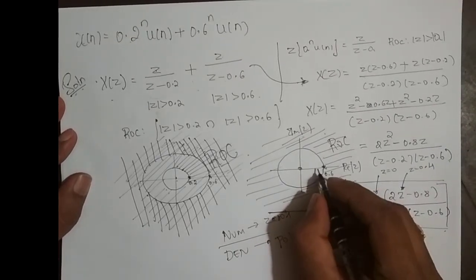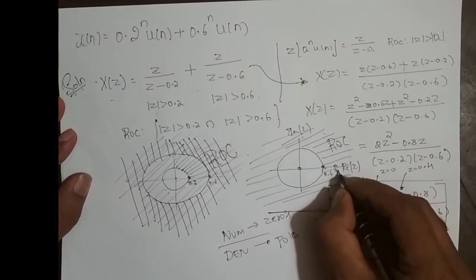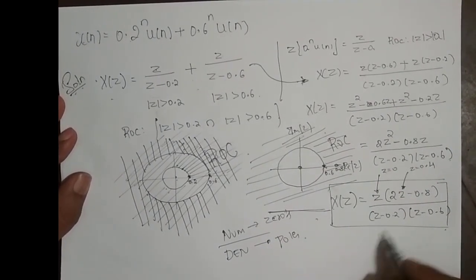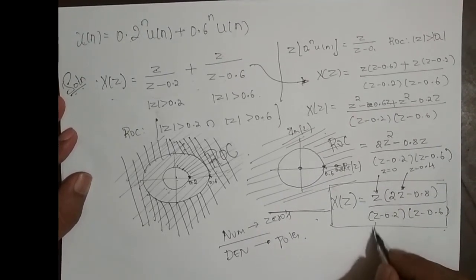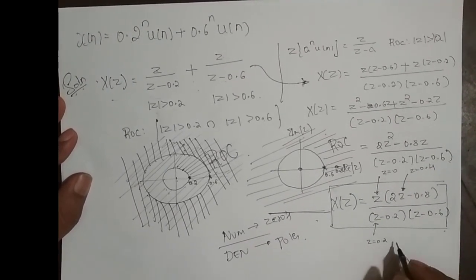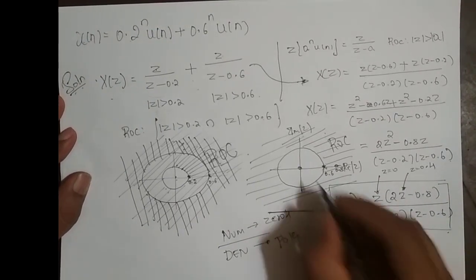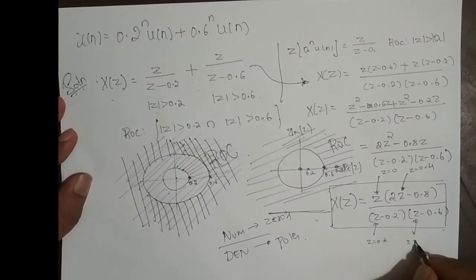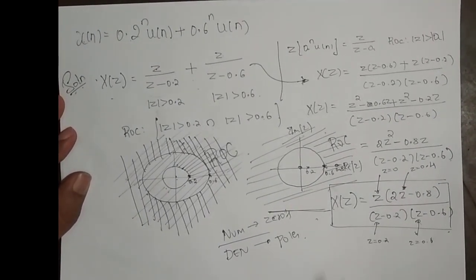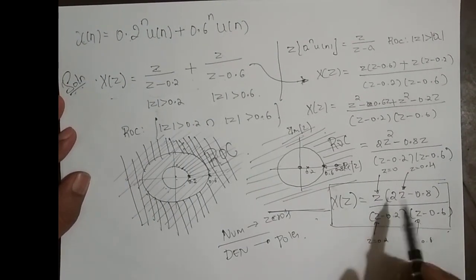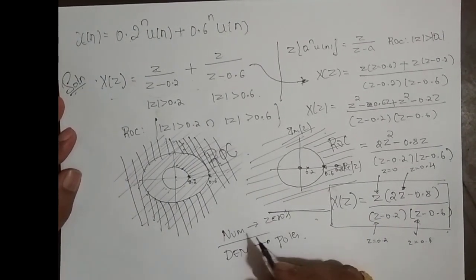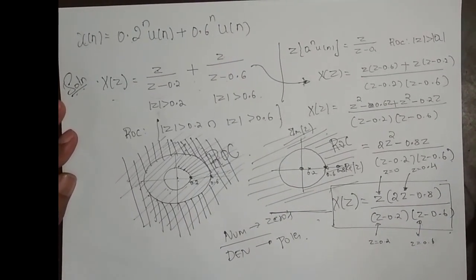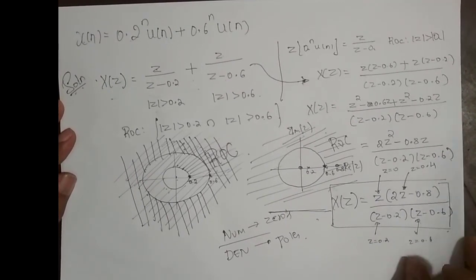So one zero is somewhere here, at 0.8. Right? So there are two zeros. There are two poles, right? If I put z equal to 0.2, the denominator goes to 0. So one pole is somewhere here, at 0.2, and one more pole is at z equal to 0.6, which I already have. So we have to simplify the equation in such a way that we can identify how many zeros and how many poles there are and where their locations are. Fine. We'll solve a few more problems so that you get used to it.